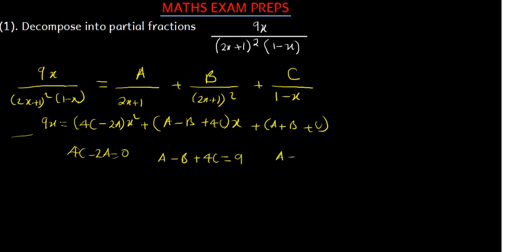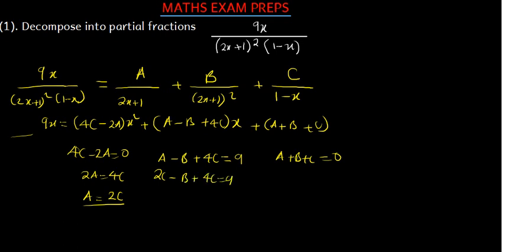But a plus b plus c should be equated to 0 because we don't have any constant this side. At this point, I can make a the subject of the formula. So I'll take 2a this side, that is going to be 2a is equal to 4c, divide by 2, so a is going to be equal to 2c. So where there is a, I'm going to put 2c, so here 2c minus b plus 4c is